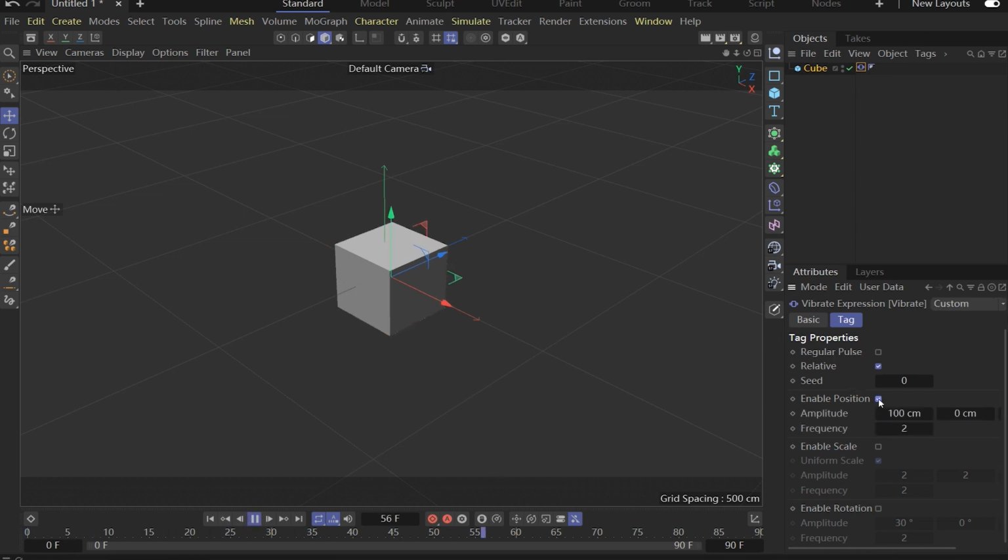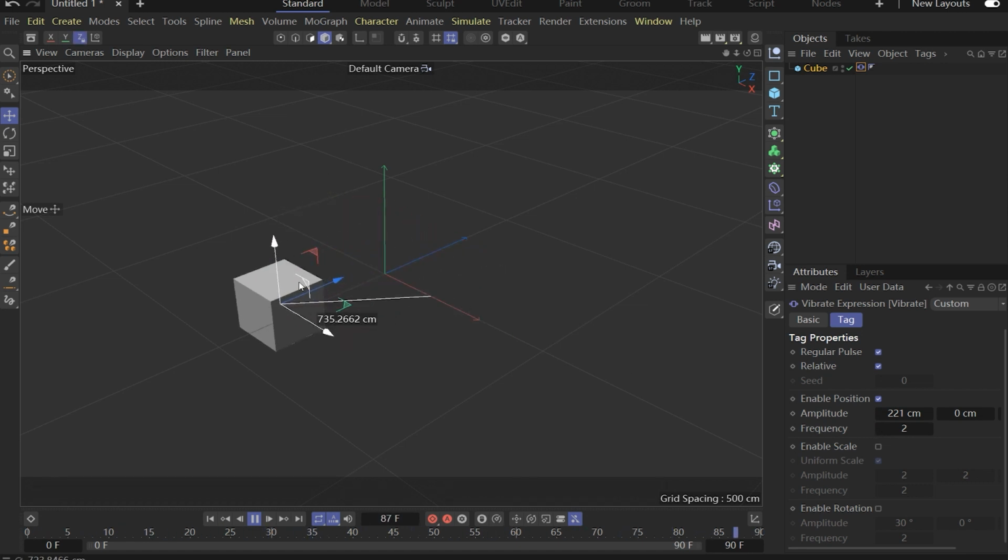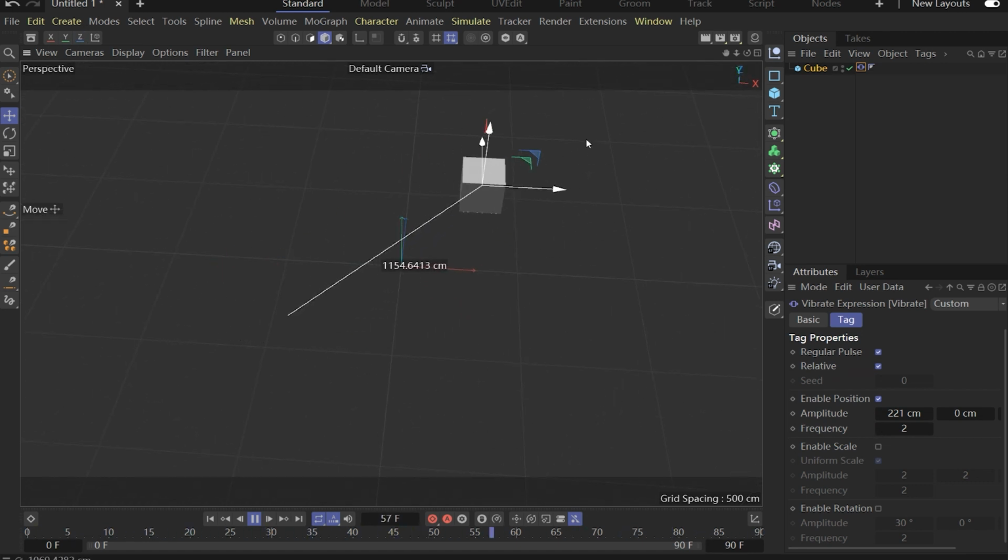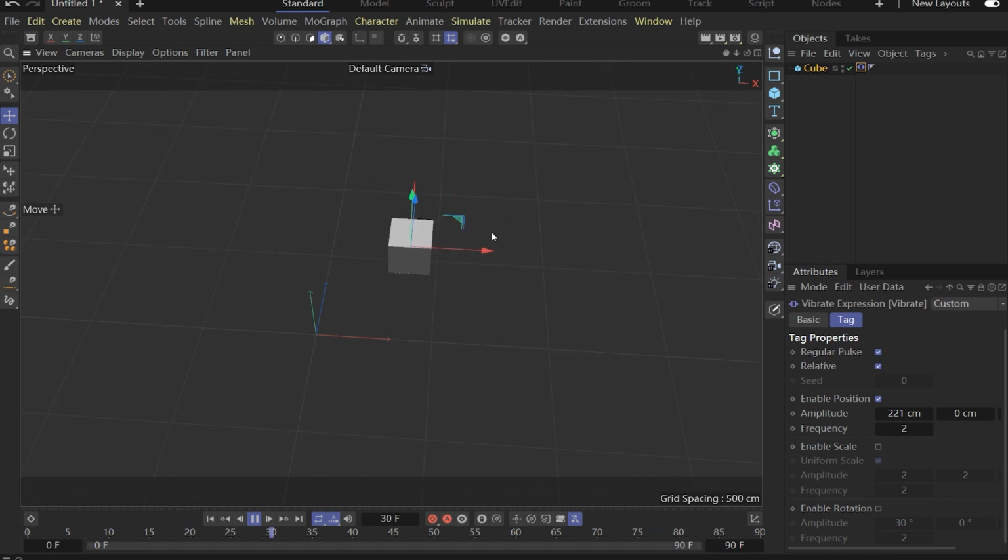Just turn it on, and you can achieve the effect of random motion. And there is also the option of regular pulse, with which you can achieve the effect of regular vibration. You can modify the position of the object without caring about the key frame, so I wanted to achieve it